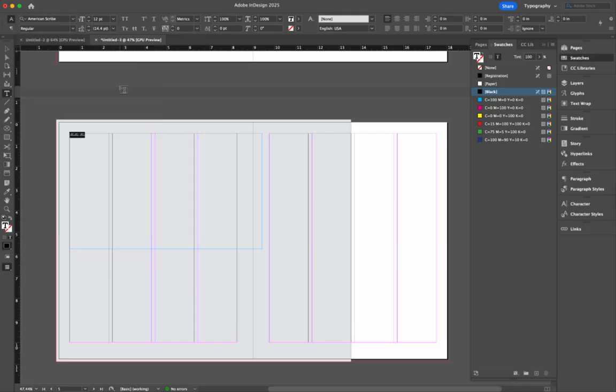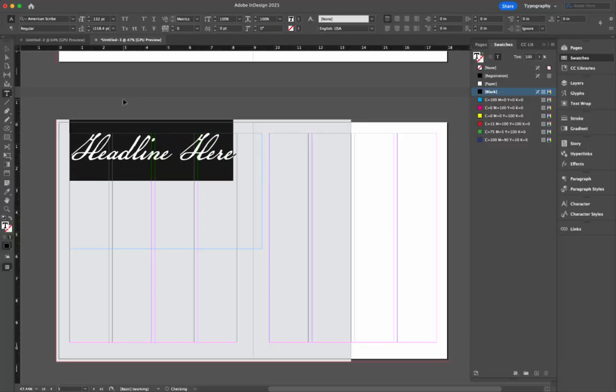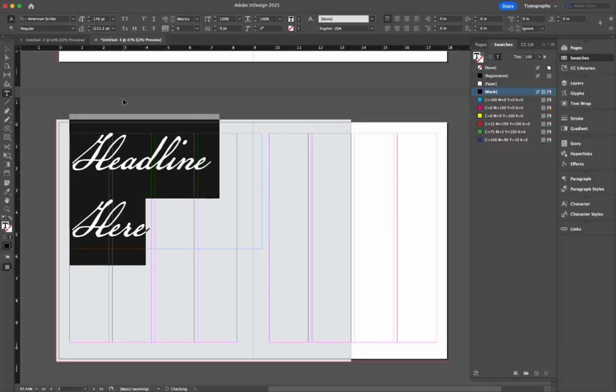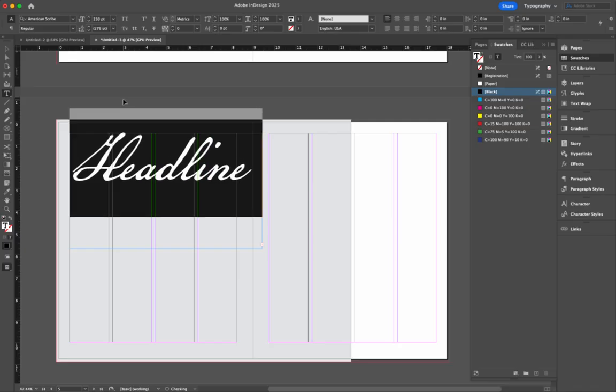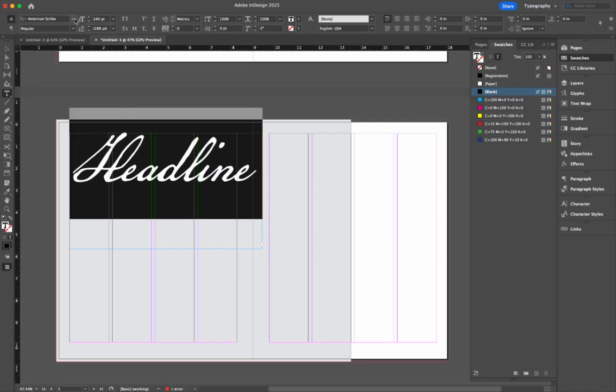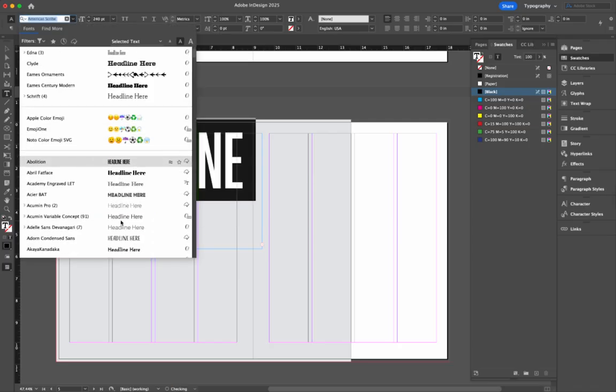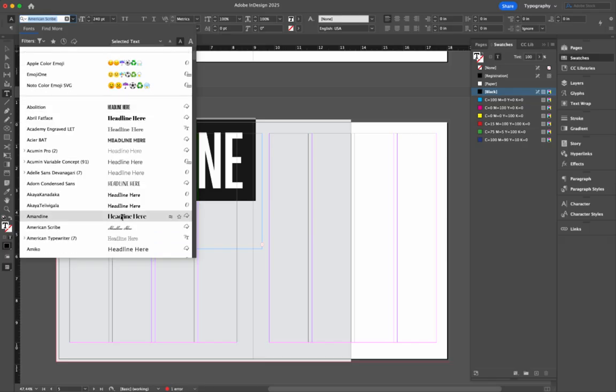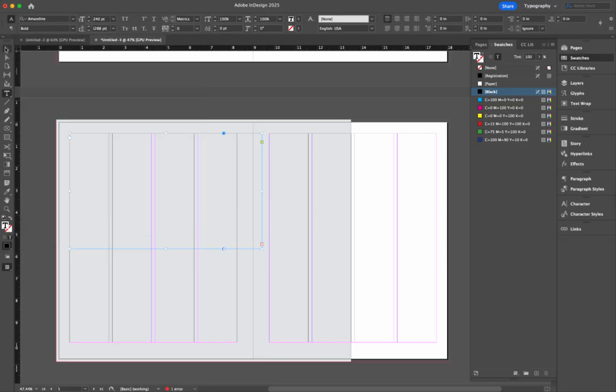So let's say I'm going to use this American Scribe. You can use display typefaces to a point, and I'm just making this bigger for now. I really actually don't like this at all. So let's go to something a little bit different. We can still do something that's kind of funky, but